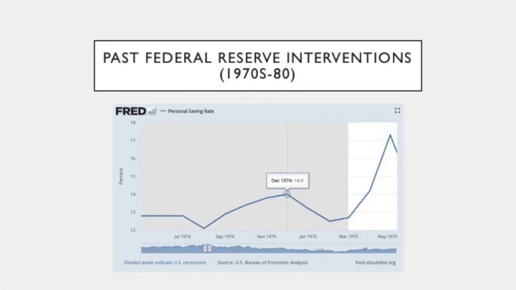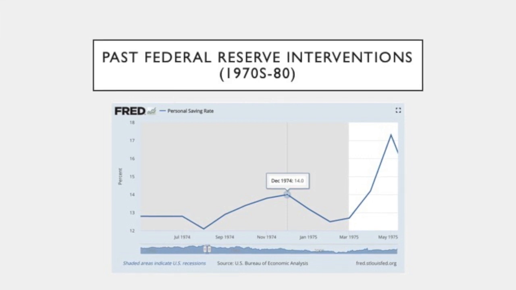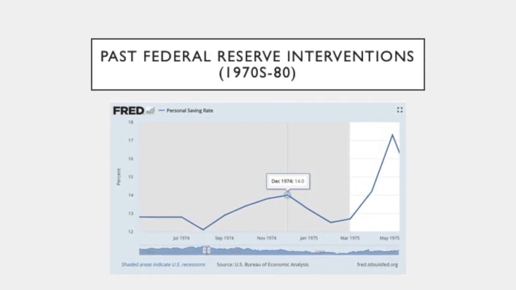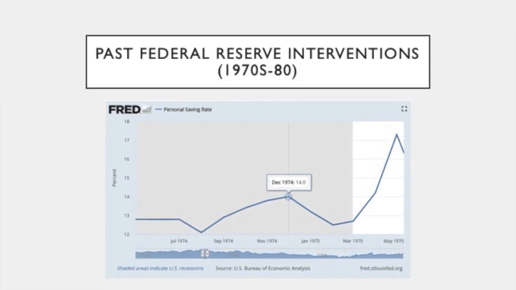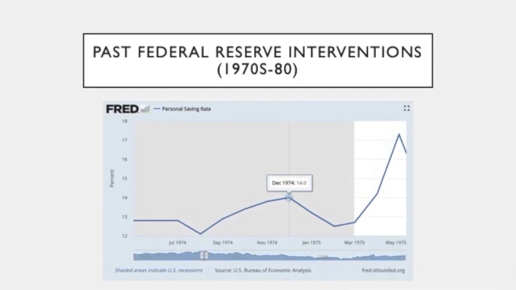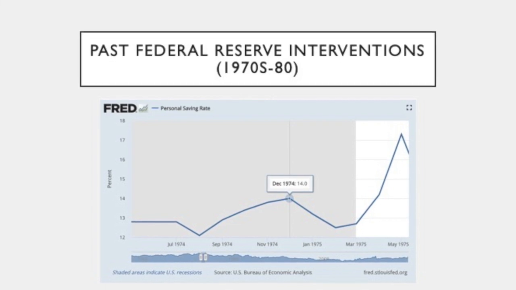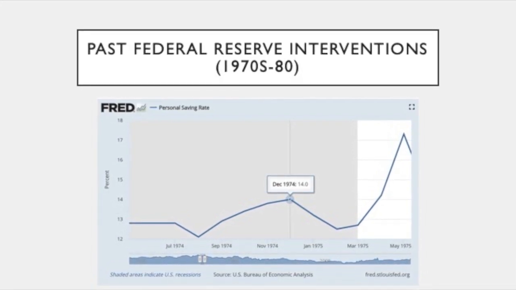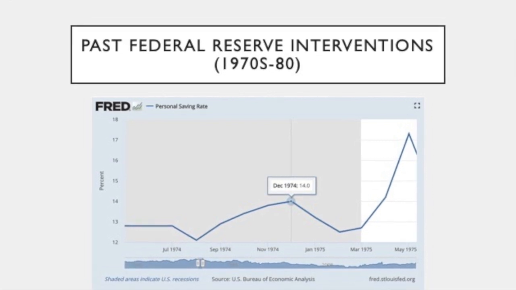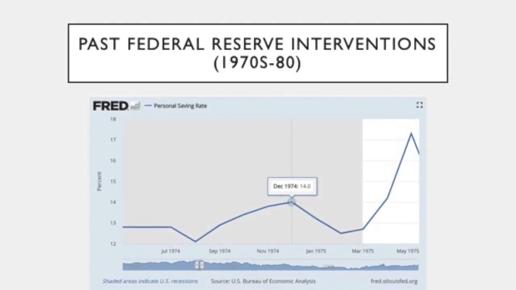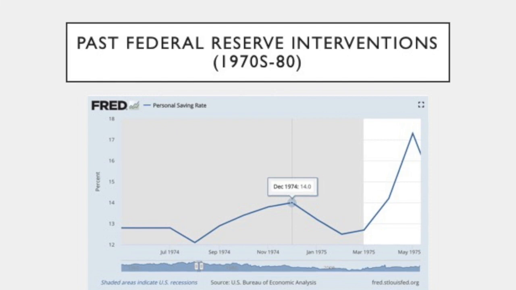So as you can see here, in December 1974, our currency didn't go by the gold standard anymore, and inflation started to go up. Well, they decided to increase the interest rates, and while personal saving did go down between January and February, it started to climb up a lot in March because the interest rates were getting pretty high.